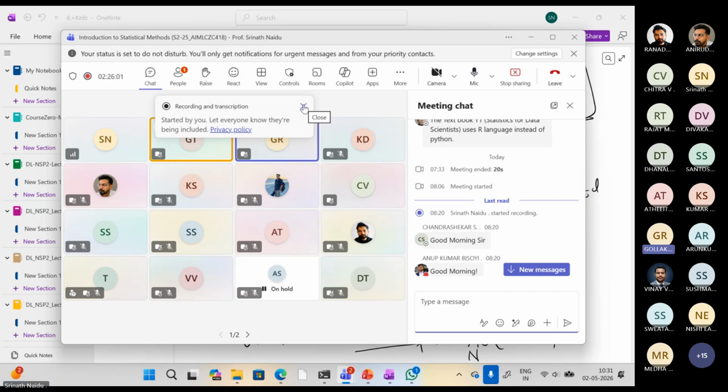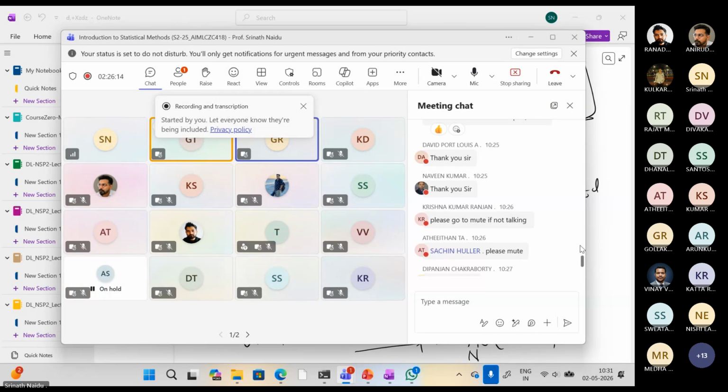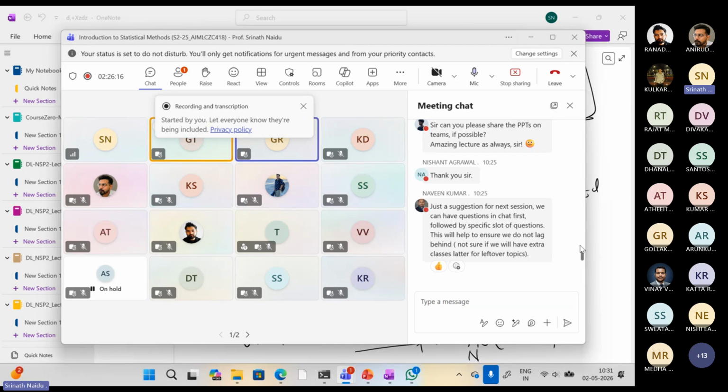Sure, sir. A quick thing though. When people have doubts, they're putting them up in the chat and we are able to resolve them ourselves. Another student typically comes up with the answer for simple doubts, but for more complex ones we would need your help. Yeah, that's what. Okay. Sure, sir. I'll do something like that. We'll speed up a little bit,